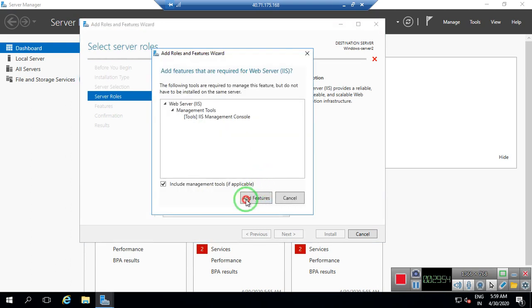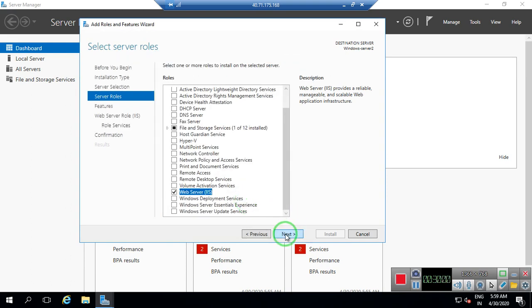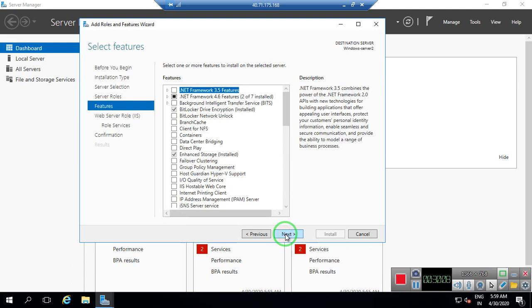And I click on add features. Click on next. Click on next. So it takes some time.